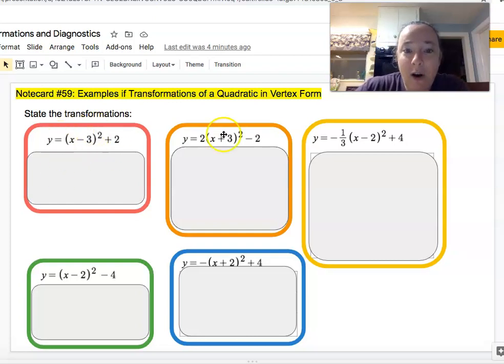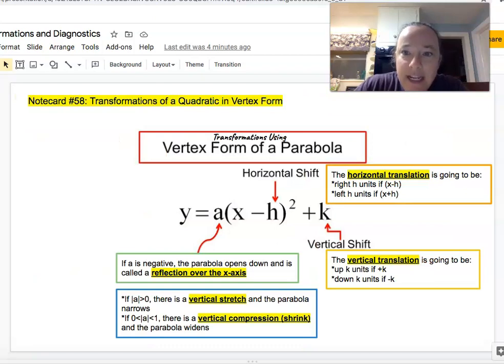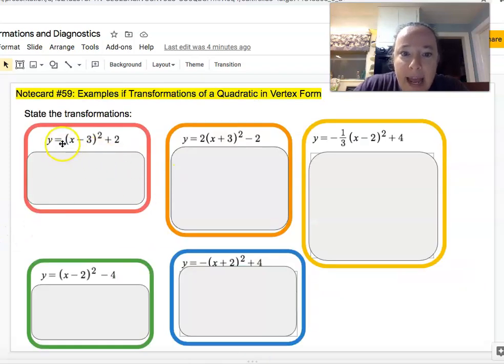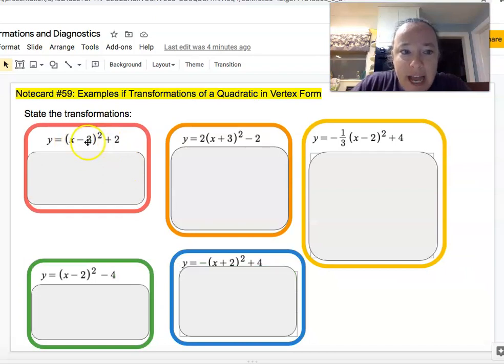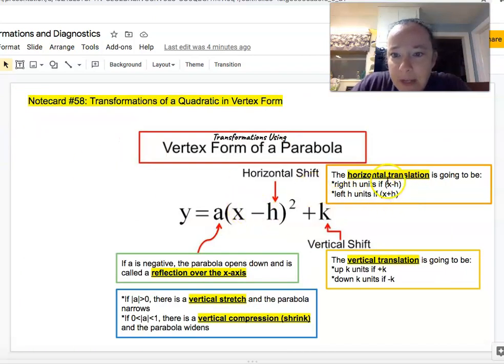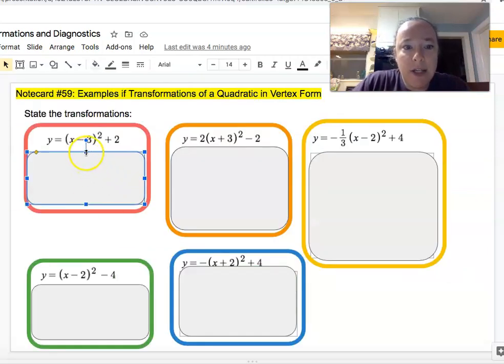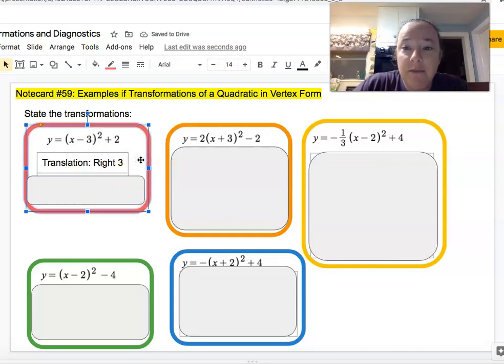So let's look at this. These are all in vertex form, and we want to state the transformation. So you need to have your note card 58 handy, okay, as we're doing these, and we can look at this and see. A in front of this is 1, so I don't have to worry about any kind of dilation. I don't need to worry about any stretching or shrinking, okay? But I do have something inside. I have an x minus 3, and this says if it's inside and you have an x minus, you're going to go right that amount. So we're going to go right 3,